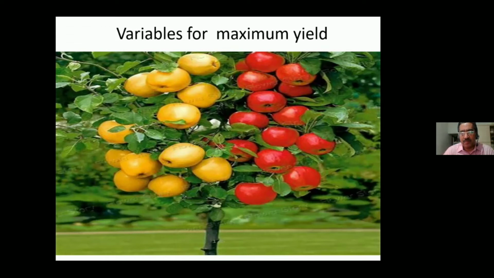So from this apple tree, I want to discuss the different variables which go into giving you the maximum yield. Can you identify, Matthew or Vishnu, what are all the variables which make the plant give good yield?